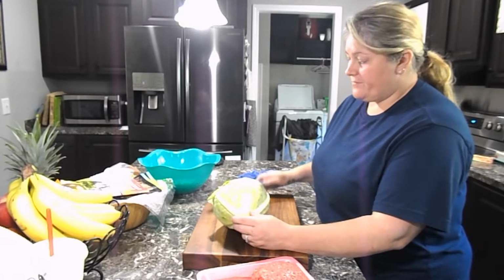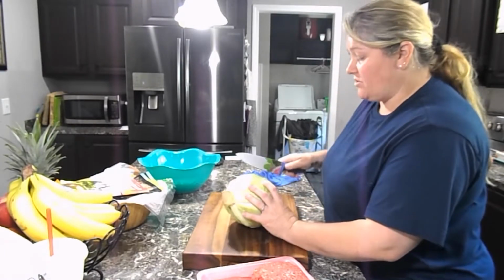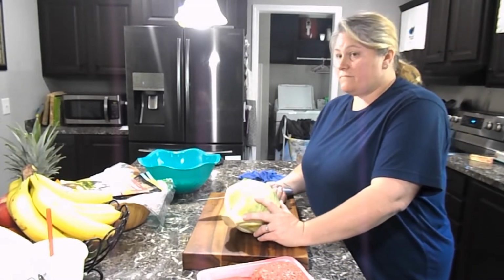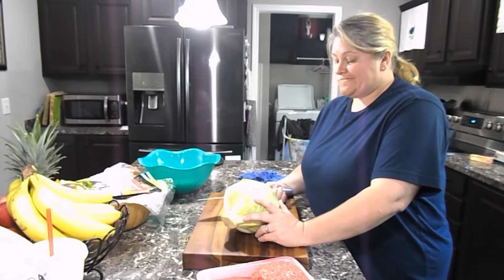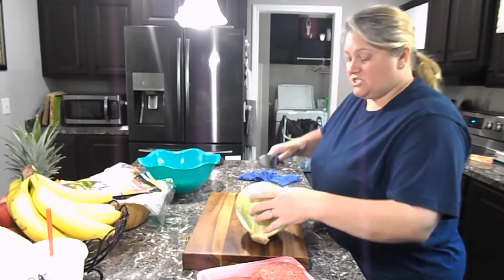See, I don't like the bitter stuff. That's what my grandma always told me. The stuff in the middle isn't good. It's bitter. So I'm going to save it for the bunny rabbit that's in our yard. They'll love it. Alright. So I'm just going to take the cabbage